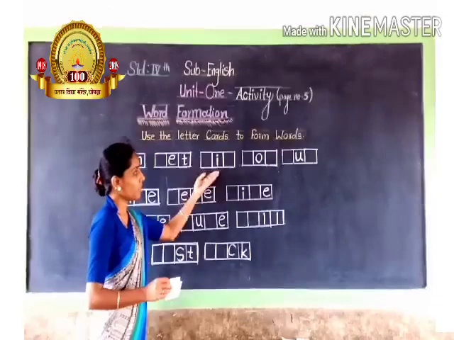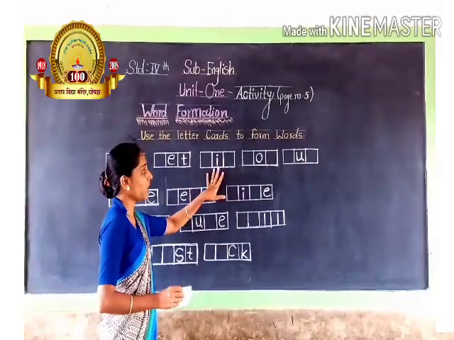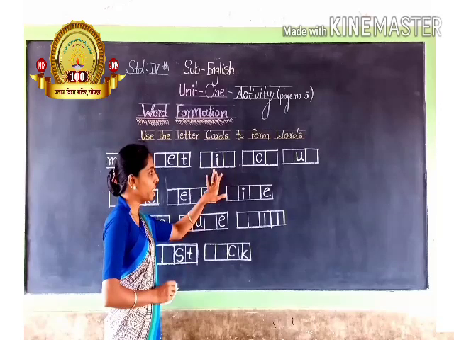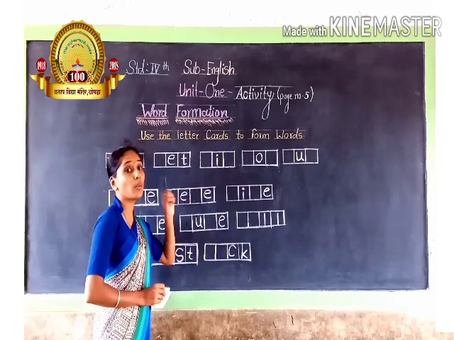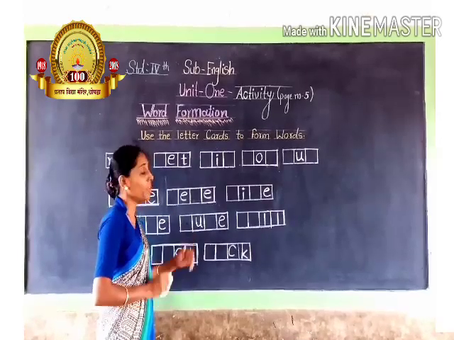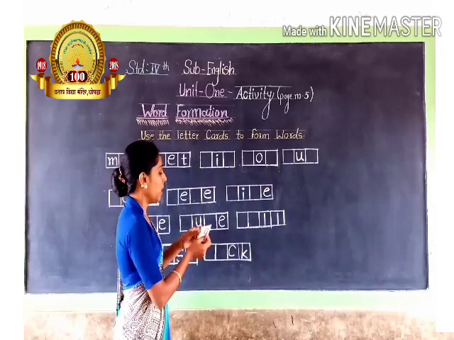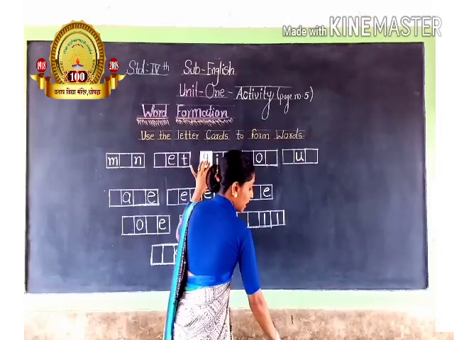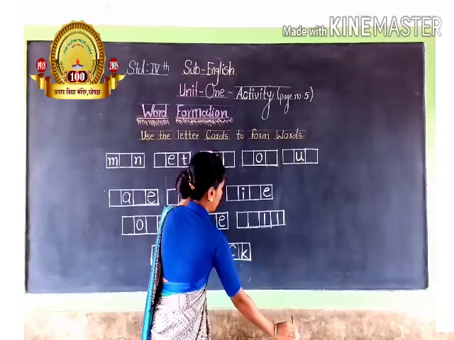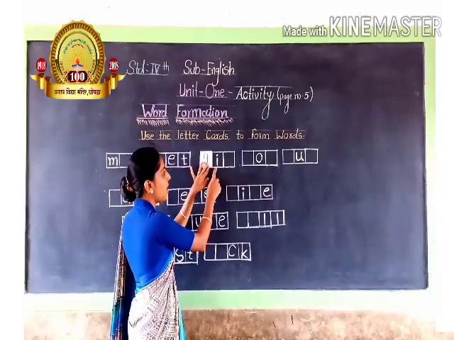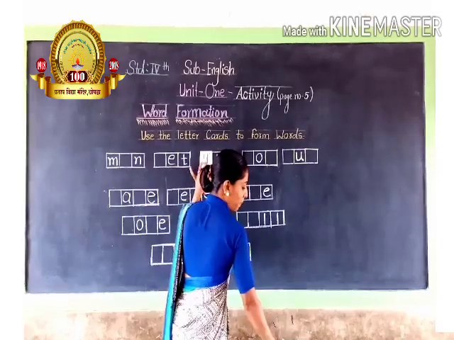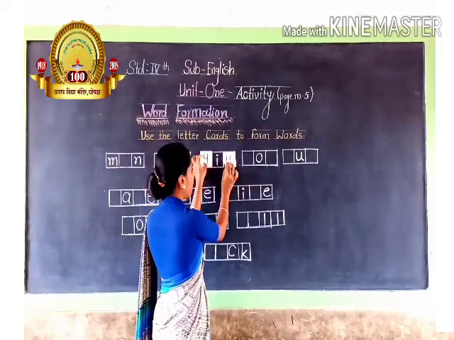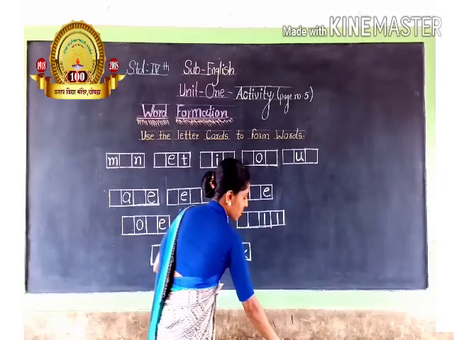We do the next activity. Here, 2 letters are missing, the first and the last. Only the middle letter is given here. It means that here we put 2 letters at a time and make a new word. If I put here G and P, G-I-P, which word is it? G-I-P, gip. If I put D first,